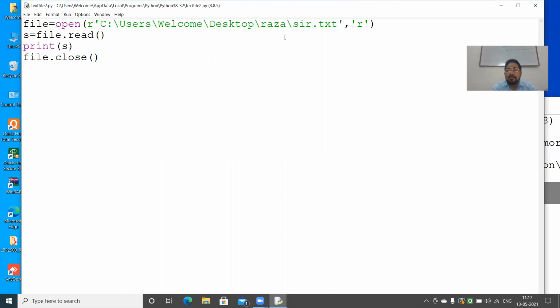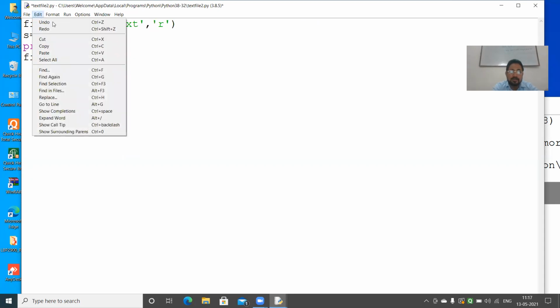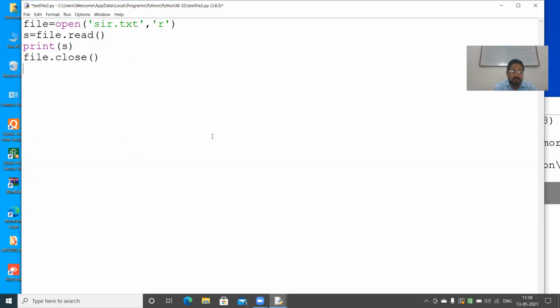One option is that you take this file and keep it in the Python folder, so there is no need of writing that R. But if you don't want to do that, you just want to write the complete path, then you have to write here R.